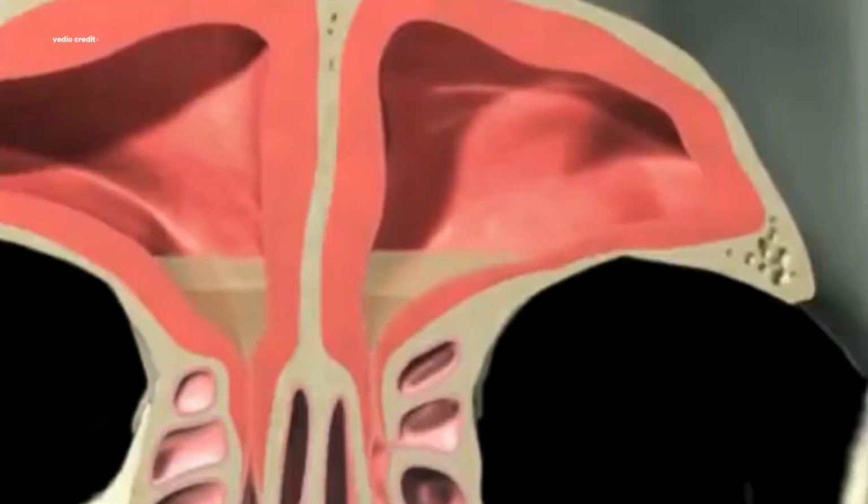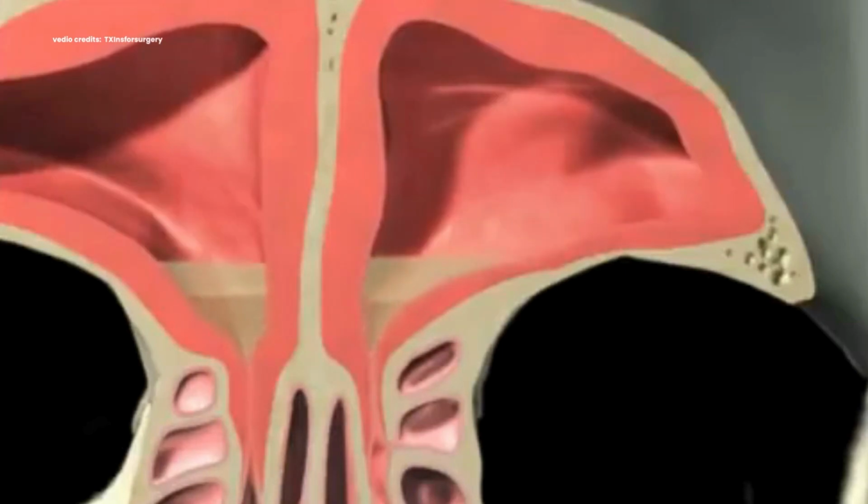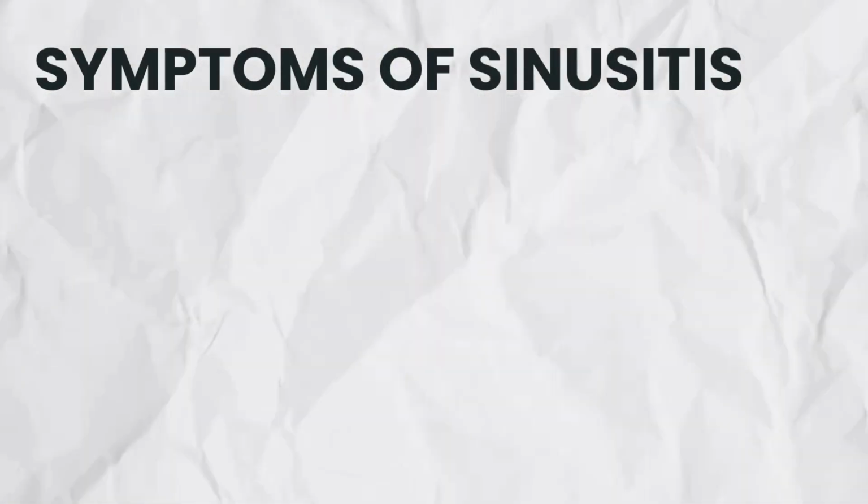Mucus doesn't drain, and hence the sinus area gets really packed. You are not even able to drain the mucus, because the sinuses are already filled with lots and lots of mucus, and hence